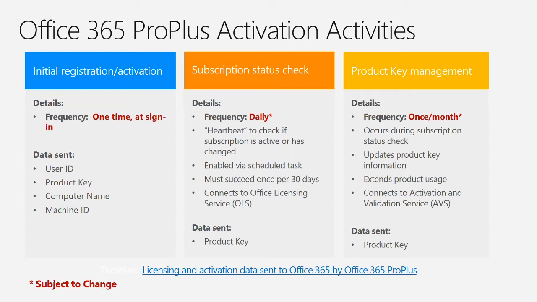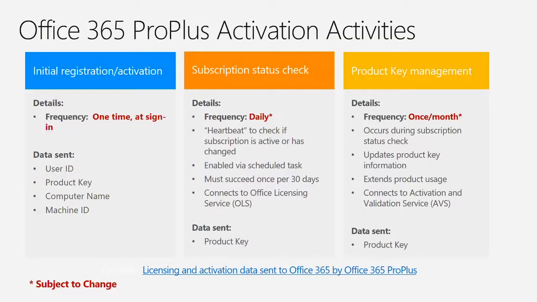If you look at product key management, this is once every month or 30 days, and I use air quotes because it's a little bit staggered. Once a month, it checks and says, are you still available? It has to have a successful heartbeat, so with that orange one, I can be offline for 20 days. It does a heartbeat, can't reach anything, okay, I keep working. It has to have a successful heartbeat once in 30 days.